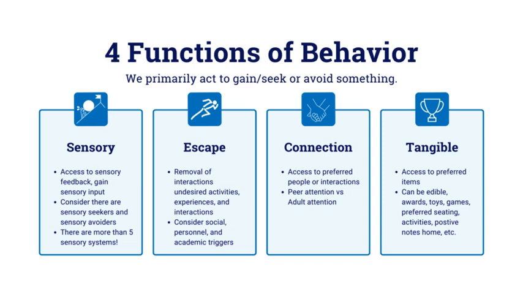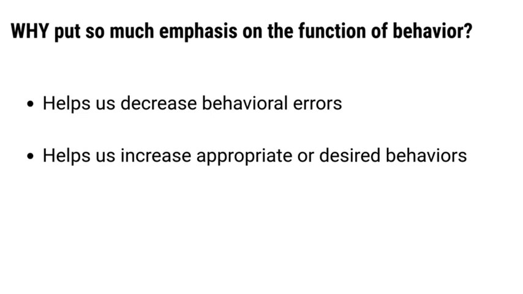It's actually interesting because this could potentially cross over with sensory, because if you have a child who avoids mushy foods, well, fruit probably isn't their favorite thing to eat, and they might avoid that at all costs. Is it tangible because they're avoiding something we can hold? Or is it sensory because they're avoiding something that's smushy? It's an interesting way to consider why a student is acting the way they are. Remember, your first question is, are they trying to gain? Are they trying to avoid? Then consider these 4 categories.